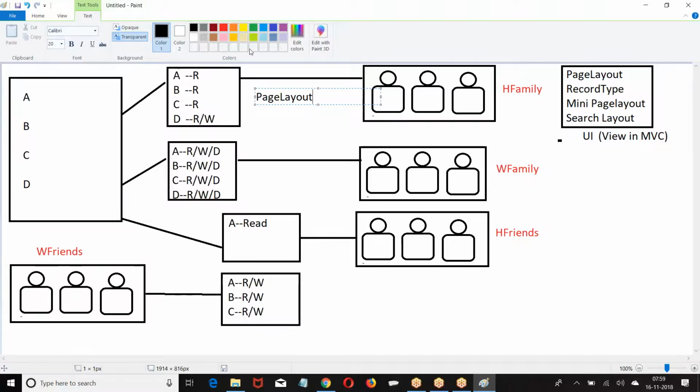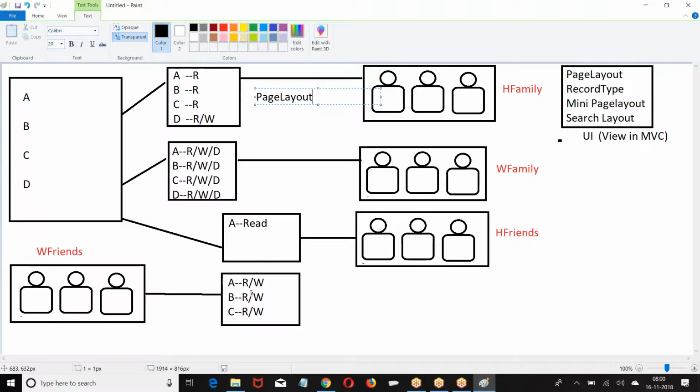So, how many page layouts can we create? Multiple page layouts we can create. So, at the end of the game, how the UI should be displayed to you for this object. When I want to open this object, how is it displayed to you? Which fields are displayed to you? Which buttons? In which order are they displayed? Which format, required, not required? That is controlled at page layout. So what is the page layout? It says how an object should be displayed to a user.